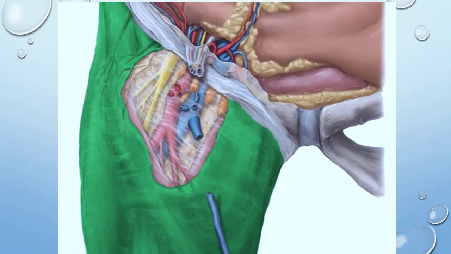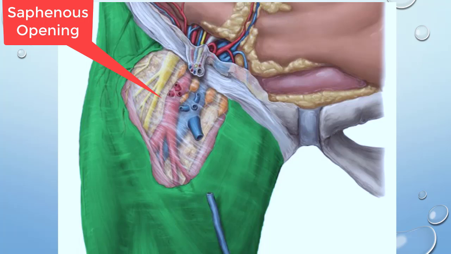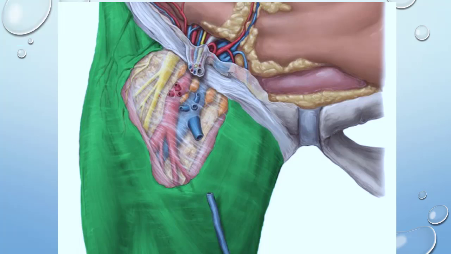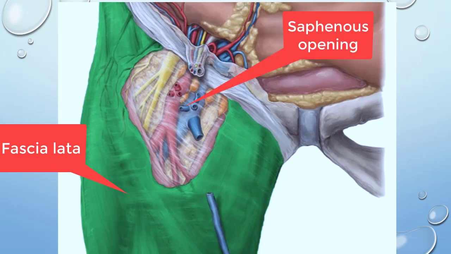So the saphenous opening, as the name indicates, is an opening. It is an oval-shaped opening or aperture, and this aperture is present again in fascia lata. Where and how can we find this aperture, at which point of the thigh are we going to identify it? We are going to see this right now. As we can see, the green structure shown in this image is the fascia lata, and the fascia lata has an opening or gap that is known as the saphenous opening.